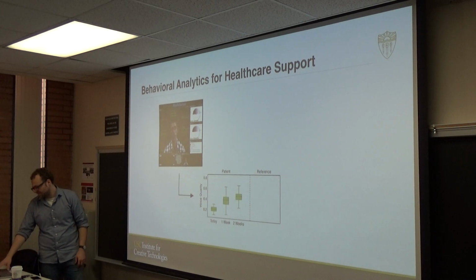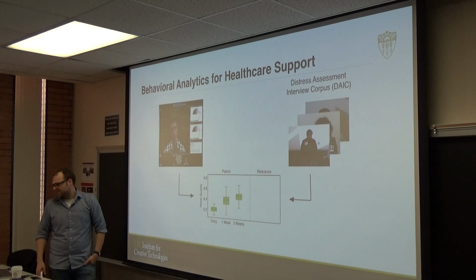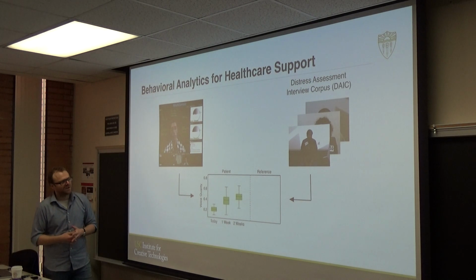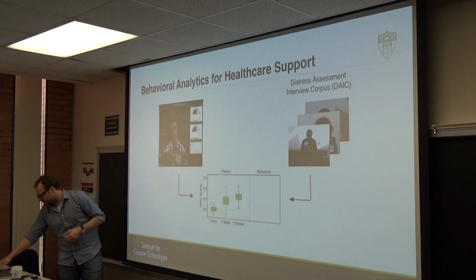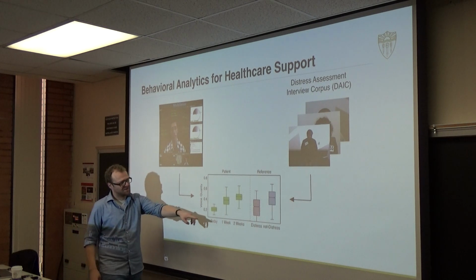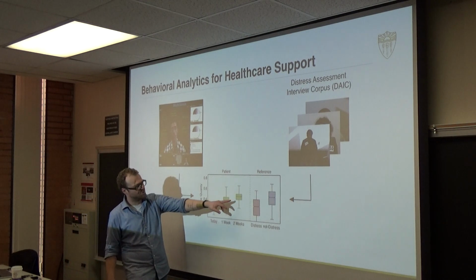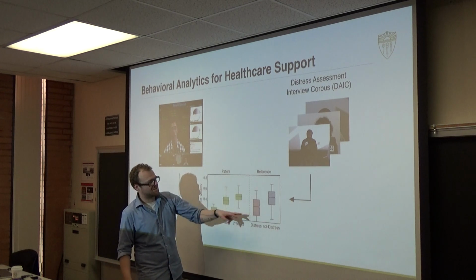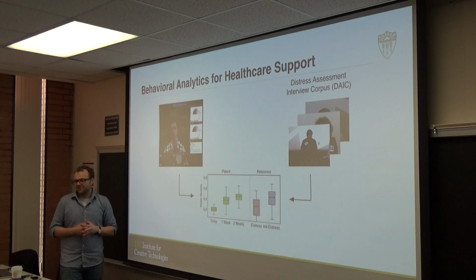That's called reference population. So what we did is we collected a larger number of these interactions, and I think we are past 650 already, so we tried to make this a big data problem. We are collecting more and more data in this regard, and we try to fill this box here. So now we can say, well, distress sounds like this and not distressed sounds like that. And so we see that this individual is moving from the non-distressed category towards the distressed category. Okay, so this is an indication this person might have depression.